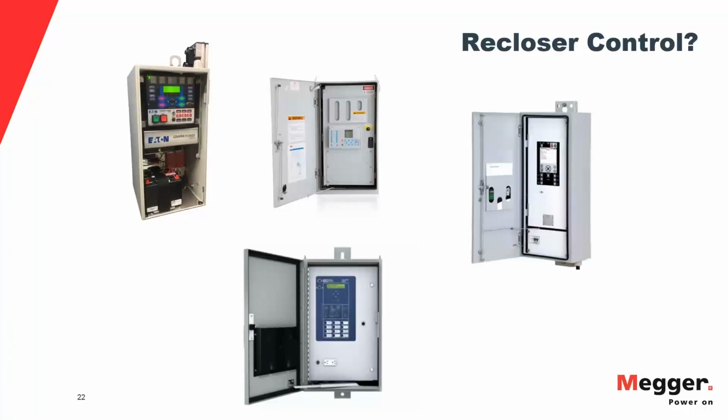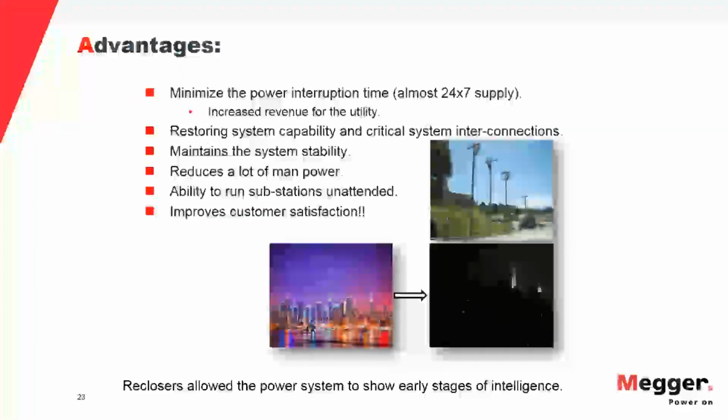In those cases, usually the controller is activated by the energy that circulates through the line, and it doesn't have an alternate power source. So I am not presenting examples of those types of reclosers, which are fairly common in the field as well. Now, the advantages of using reclosers, well, they minimize the interruption time in the system, and therefore